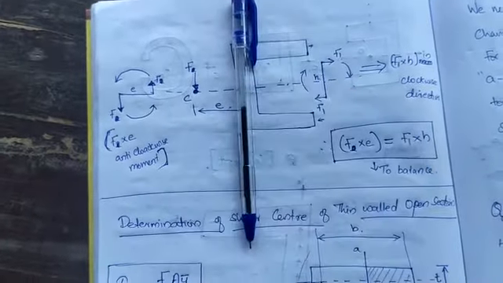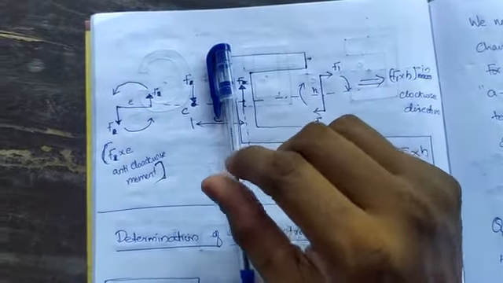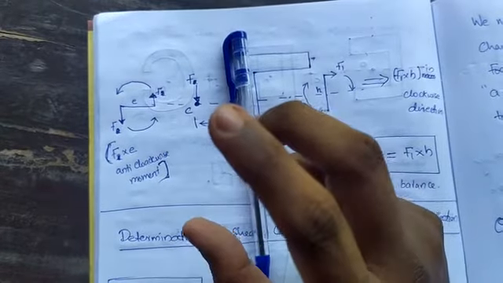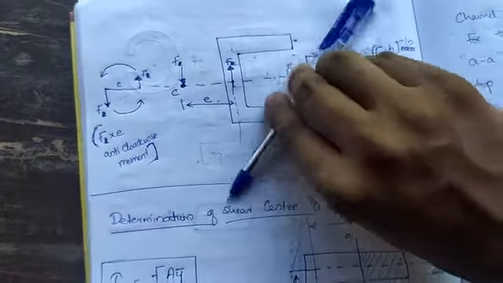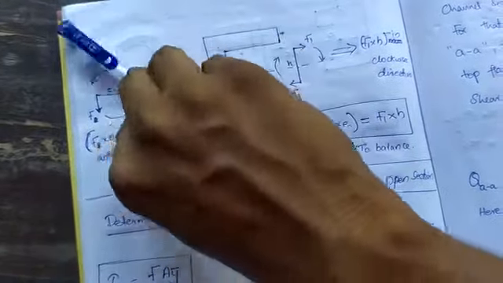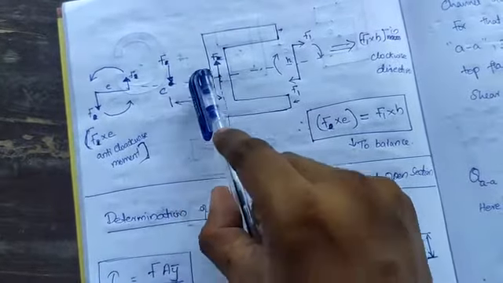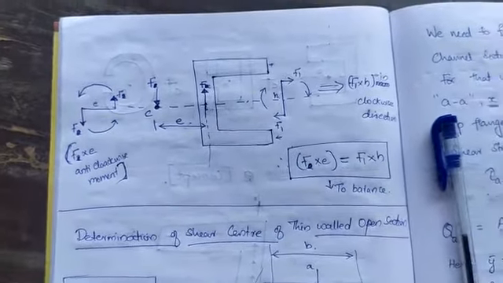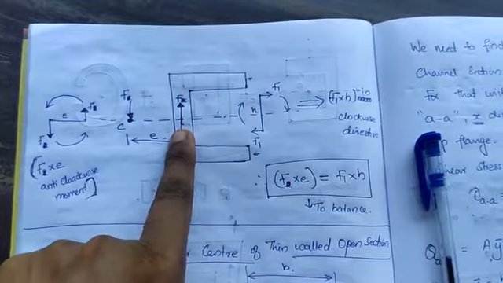This shear force will lead to the twisting of the member. In order to avoid that, you need to apply a load equal to this shear force F at a distance e from it. Since here we have a clockwise moment, to maintain equilibrium you need an anti-clockwise moment in this direction. So you are applying a point load at a distance e from the web of this flange of this member.